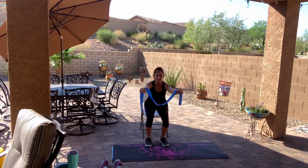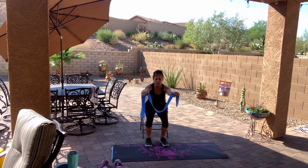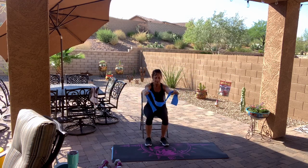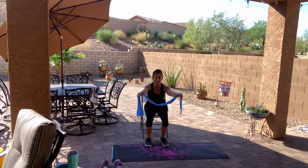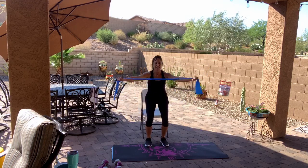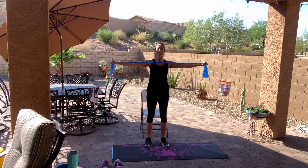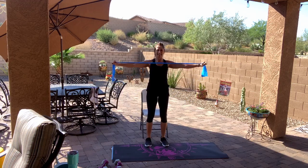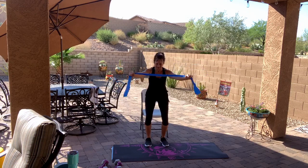2, and down. So this is kind of like doing just squats. 3, without sitting all the way down. 4, good. Really stretch that band. 5, and down. 6, and down. 7, down, just touch, 8, down, 9, good, we're going to 15, 10,